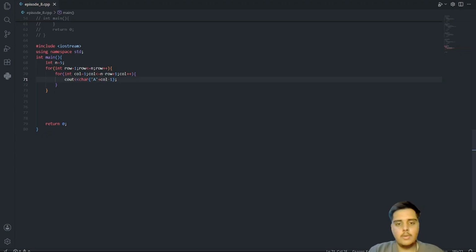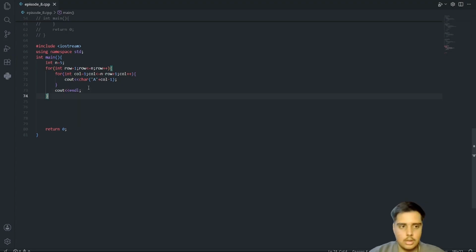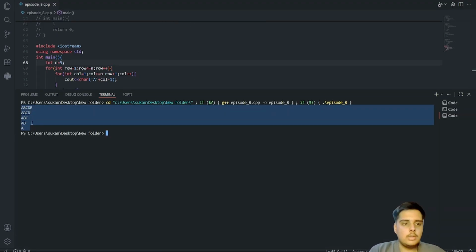So I hope you have understood, it's similar to the one we did just before. After this cout endl, and that's it. We are done with the code. Yeah. So now when I run it, see, it's the reverse alphabet triangle.